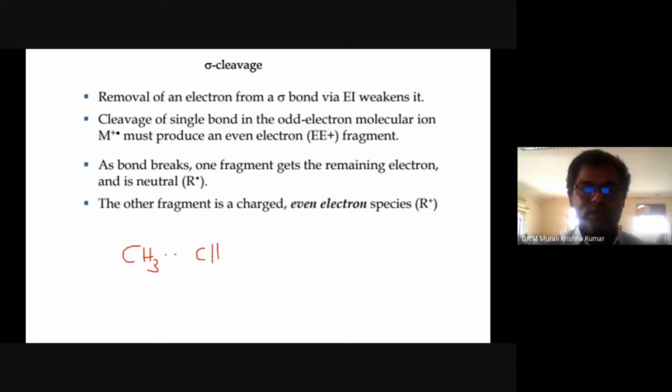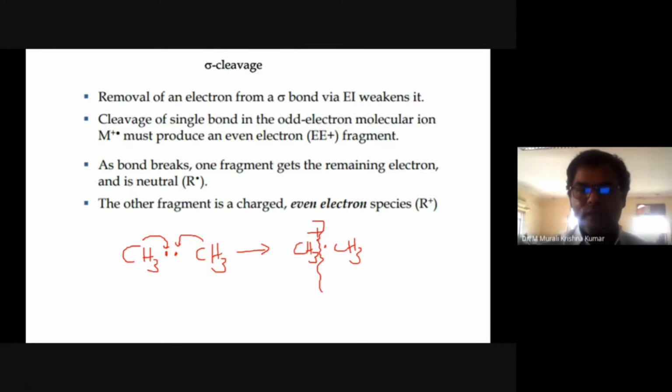Okay, so let's say this is the molecule we are talking about, and this is the sigma bond. Upon electron impact, because one of the electrons is gone, what happens? CH3 has only one electron there, and because one electron is gone, we have a positive charge. If you see clearly, of these two electrons, one is contributed by this, the other one is contributed by this. And while fragmentation,